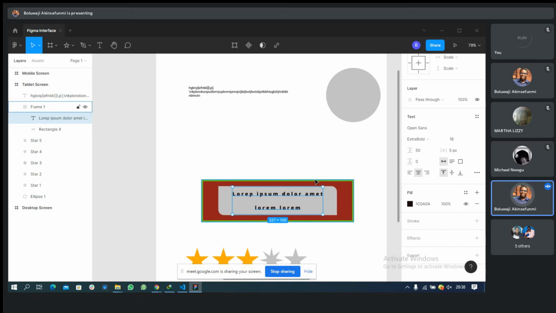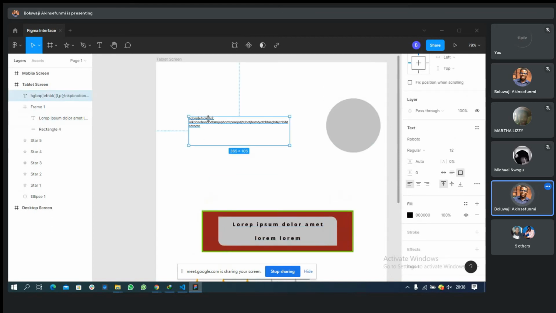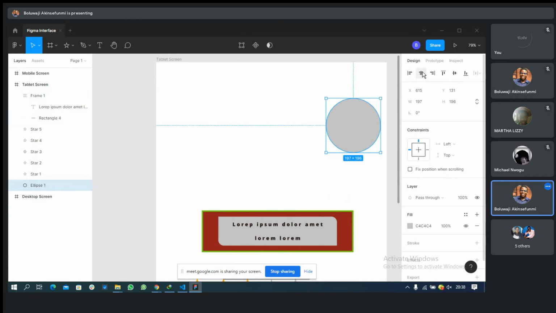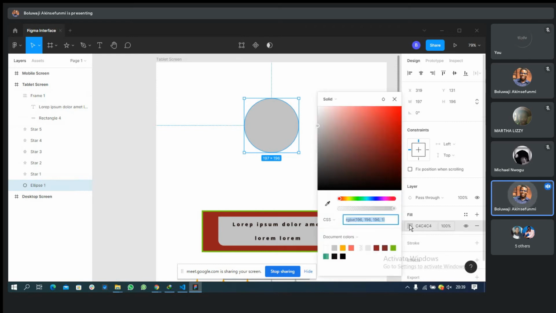So let's just go over to gradient and see what's what with gradient. Let me just leave this one here and come back to my ellipse, or should I say my circle. All right, so this is my circle. Gradients are like beautiful ways in which you can apply creativity in coloring. You just want to play around with colors a little bit, but you don't want to be too far off from what you are doing. And it's also a wonderful way to design stuff. So gradient is a tool that helps you with creativity